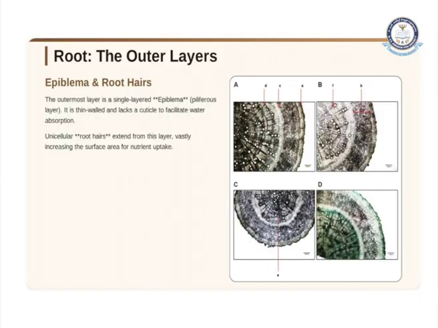If we see the second layer of the root, it is called the cortex. So if you see, this is the outer layer, and we are seeing the cortex. The cortex has parenchyma, that means a broad zone of loosely arranged cells. These parenchymatous cells are loosely arranged in the root, and their role is storing food, and they allow the water movement